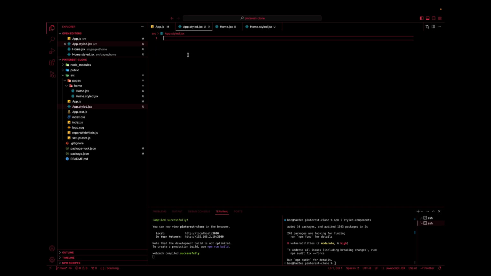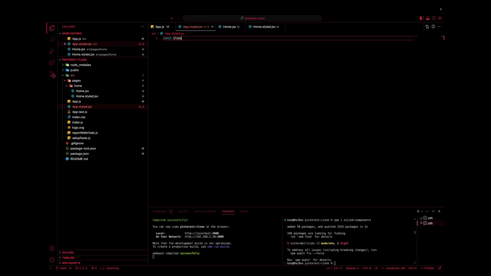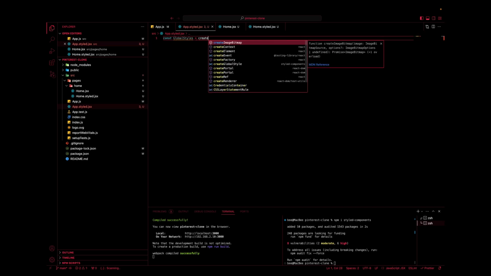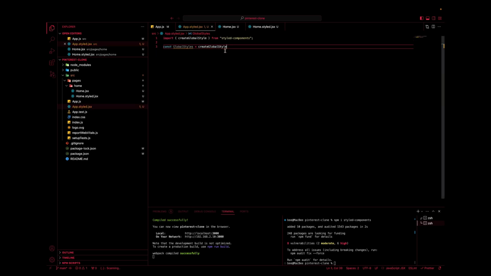Styled-components actually exports an API called createGlobalStyle, which lets us create the global style. So it goes like this. We call it const. We can call it GlobalStyles equals createGlobalStyle. So we go ahead and click tab. It's going to import that for us. The same, we use that template literal, expand it. So here's where we add the CSS resets. So I'm going to add this to everything. I'm going to add it to everything before. I'm going to also add it to everything after